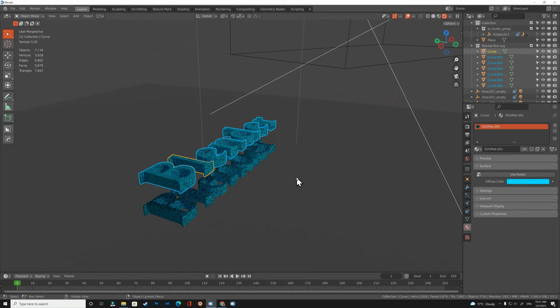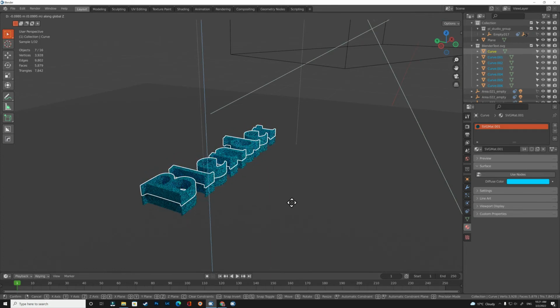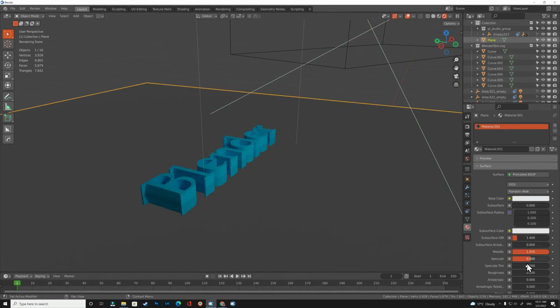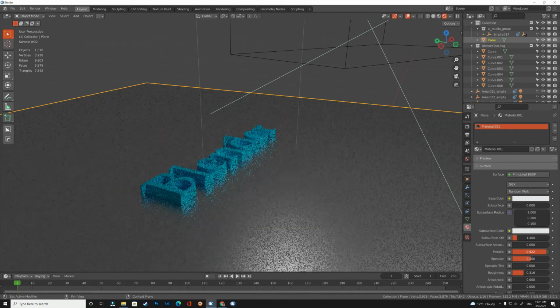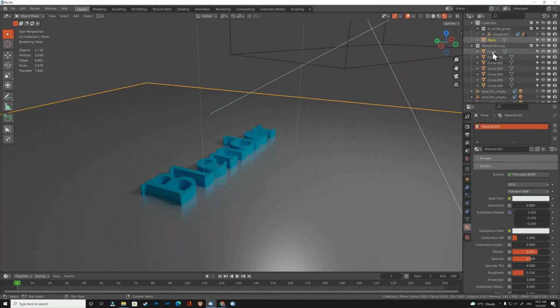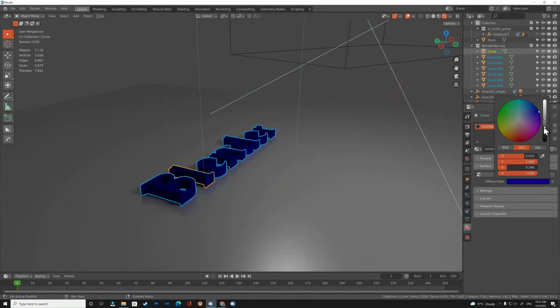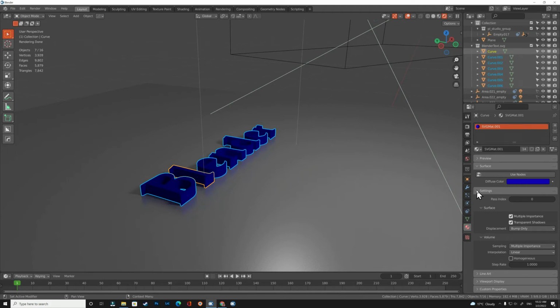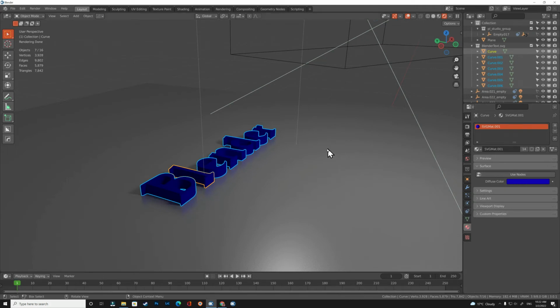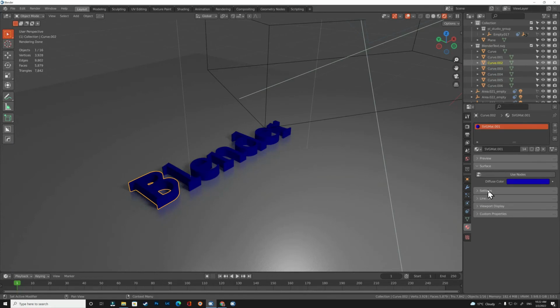So lots of things can be done with this. Of course you can remove the material and add new material.